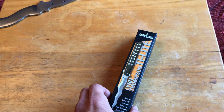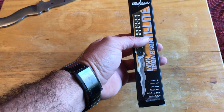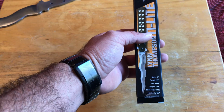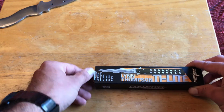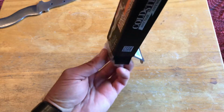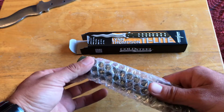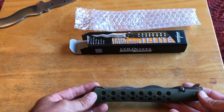So before I take it out, the blade length is 6 inches. It's 13 inches overall. It's made out of 440C, and then it's Zyx handle, and then a 4 millimeter blade thickness. The reason I was able to get it was because I pre-ordered it with Cold Steel, and I am super happy with it. I took a look at it like a minute ago, but